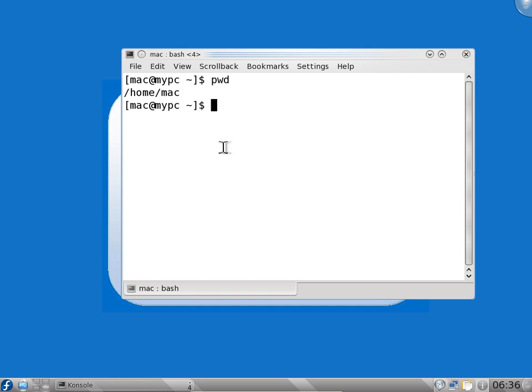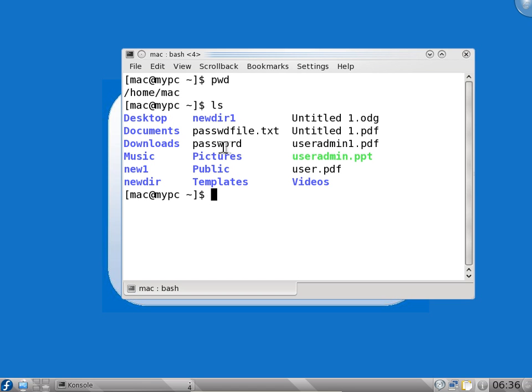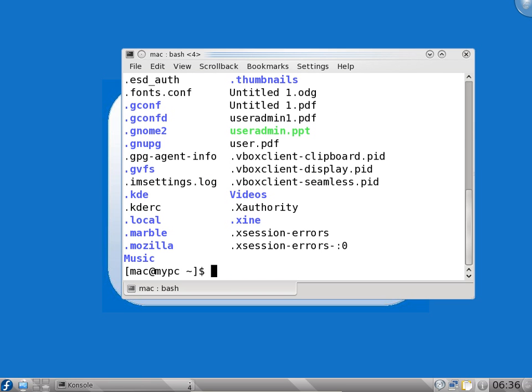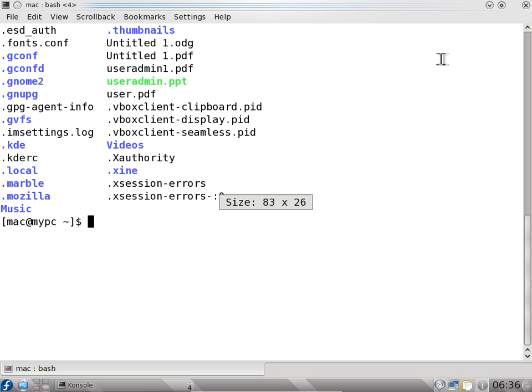We have one more command, that is the ls command. It's the list command. It will list all the files and folders in the current directory. You can see it shows the folders, but it's not showing all of them. It's not showing the hidden files. To see all the files, including the hidden files, you have to say ls -a. Now you can see there are more files in the directory.